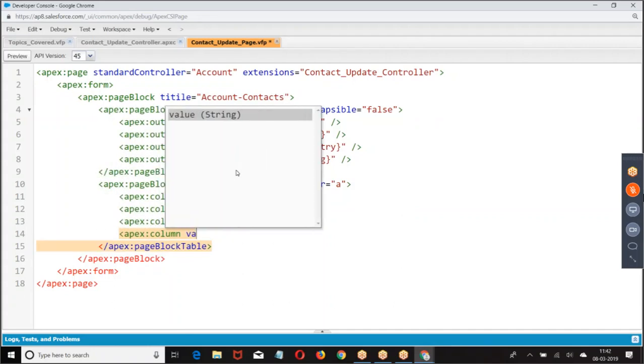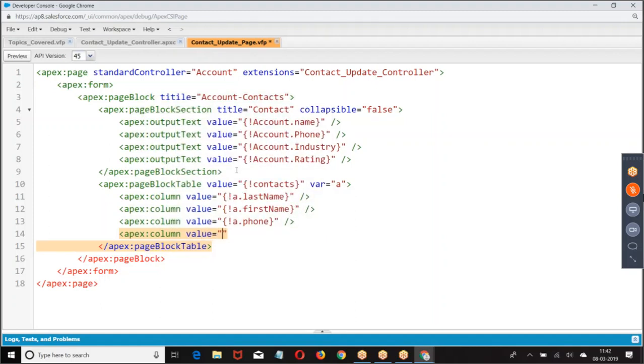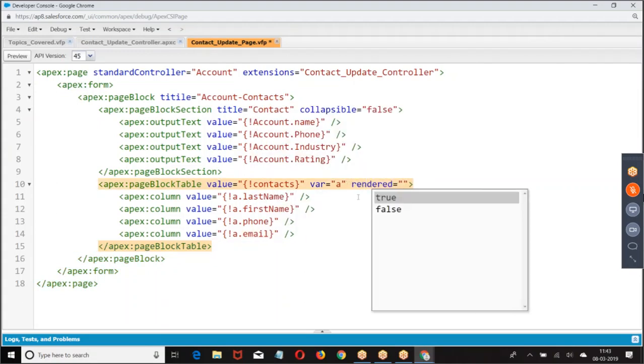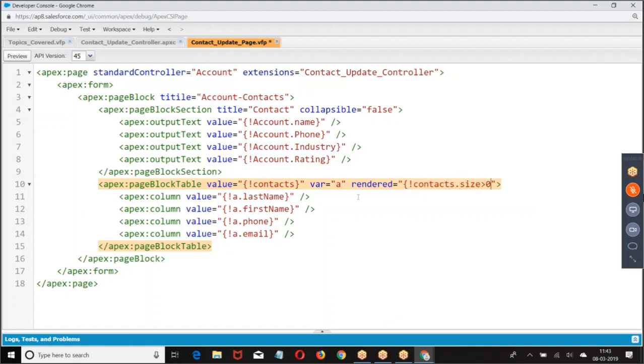Now I'm displaying a list of contacts. Using a page block table, I'm displaying a list of contacts. Then I'm giving here, boss, render this only if contacts dot size. If there are any contacts, then only show the page block table.